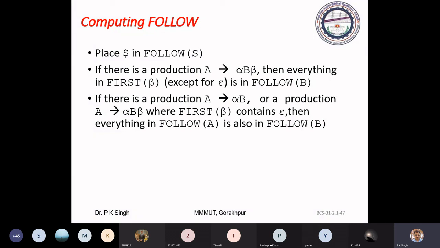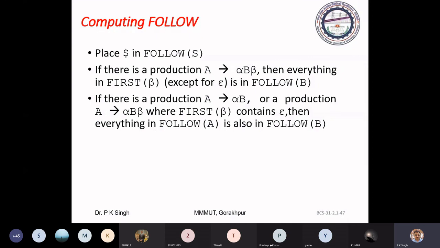So if S is the start symbol, we generate the entire string through start symbol S, so dollar will be in follow of S.